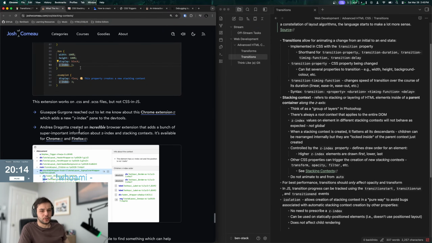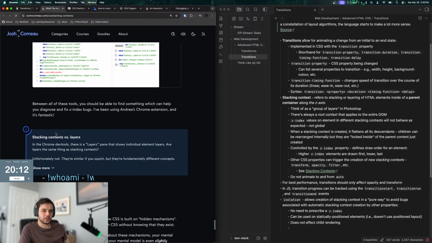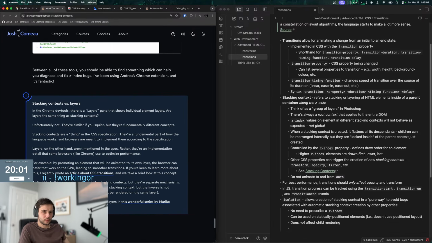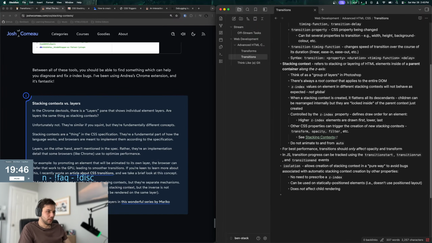You found that stacking issues relate to layout issues? Yeah, that's fair. That actually makes sense. In Chrome DevTools, there's a layers pane that shows individual element layers. Are the layers the same thing as stacking context? No. Stacking contexts are a thing in the CSS specification. They're a fundamental part of how the language works. Let's just put that here. Layers in the Chrome DevTools are not the same as